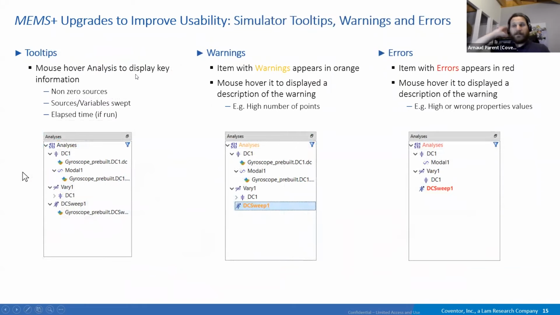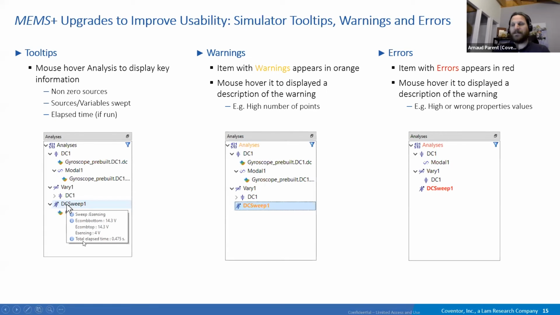Another upgrade in usability. This one is maybe smaller, but we introduce tooltips and warnings in the simulator plugin. So now if you hover on top of an item, a simulation, you will see key information, like for a DC sweep, what is the source that is swept, what are the DC values on the other sources.